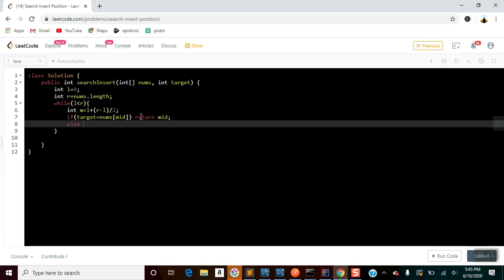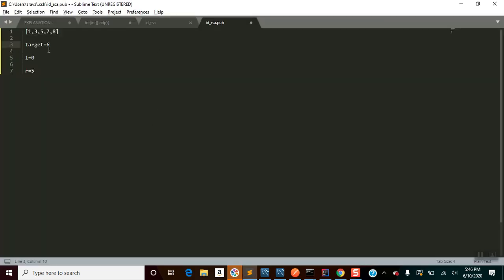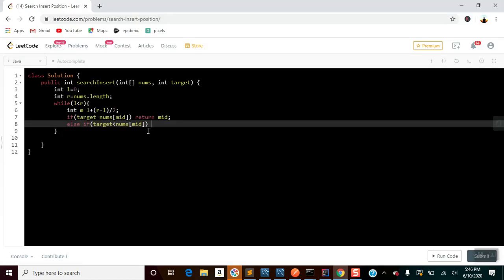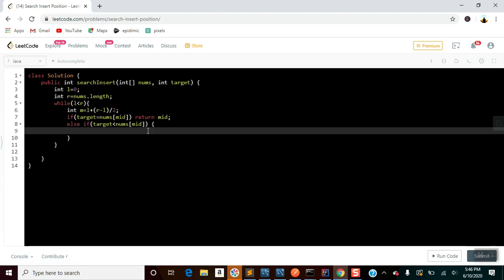Else if the target is less than nums of mid, the scenario which we talked about with 4, then check if the target is greater than nums of mid minus 1, correct? In that case, return mid.